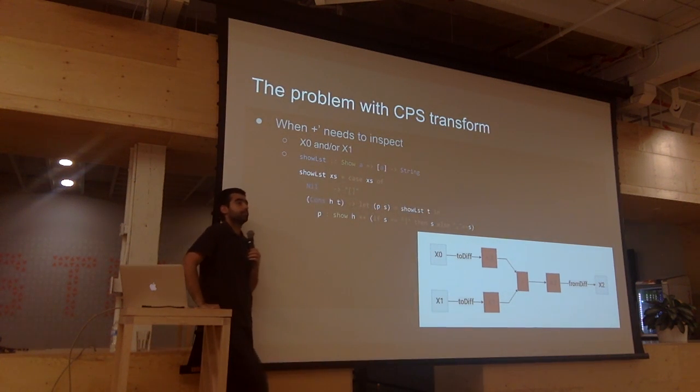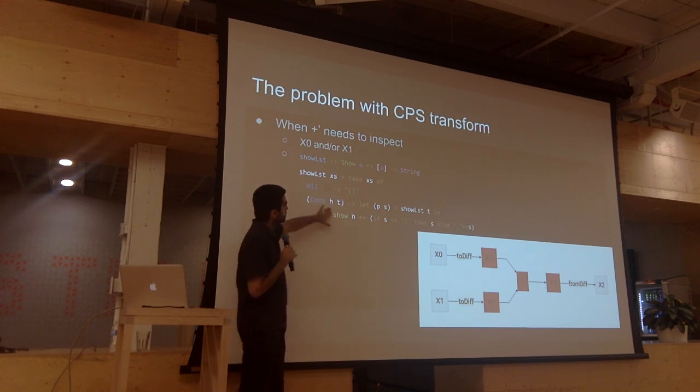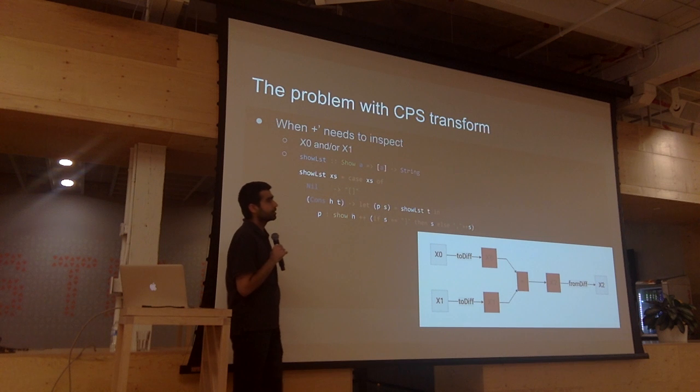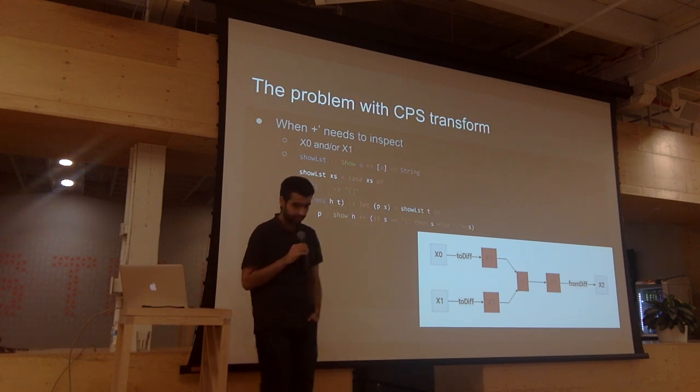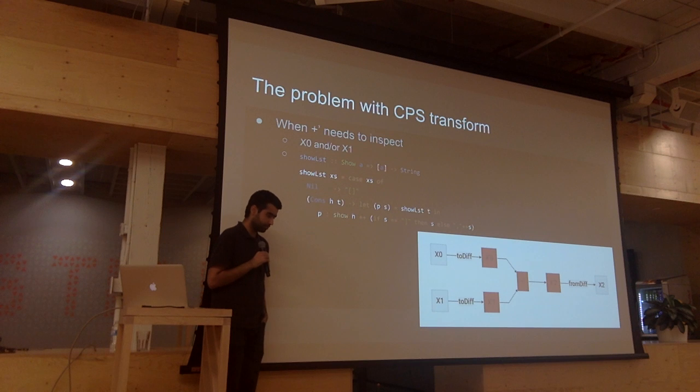Just to check my understanding, you could rewrite that to be columns H nil and special case that, right? Instead of doing that kind of like run show list T, could we add a second case, a third case? Add a case after nil, but do columns H nil. Okay. Where you're saying if the tail is nil, then you don't have to add a comma at the end. Otherwise, you do. Sure, yeah, you can do that.